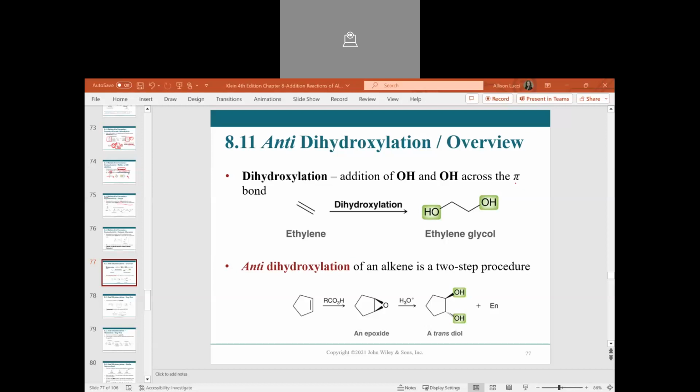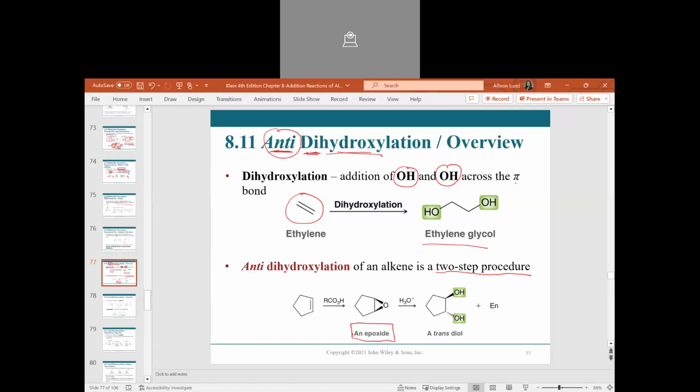So our next reaction that we'll take a look at is discussed in section 8.11, this anti-dihydroxylation. As the name directs us, we know that we're adding two hydroxyl groups, the dihydroxylation. And we'll see that they add in an anti-fashion. There's a two-step process that we'll walk through to go from our alkene to our dihydroxy product. In the first step of this procedure, we have the formation of what's called an epoxide,